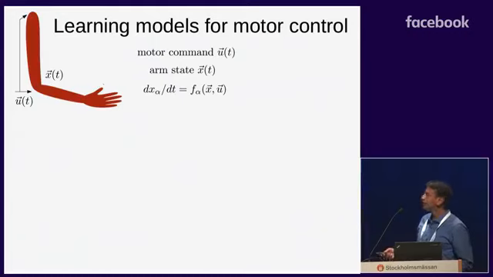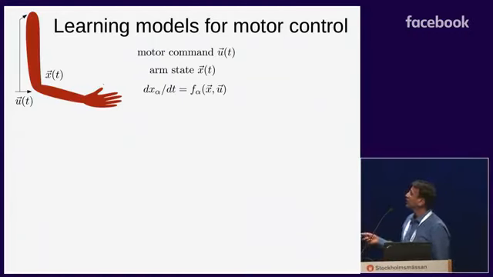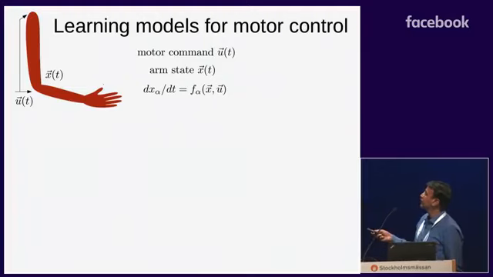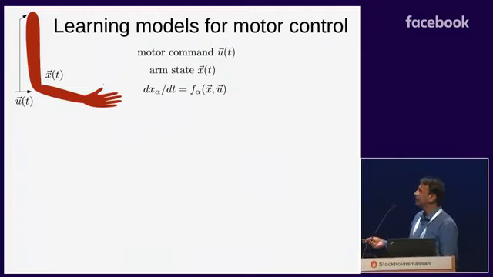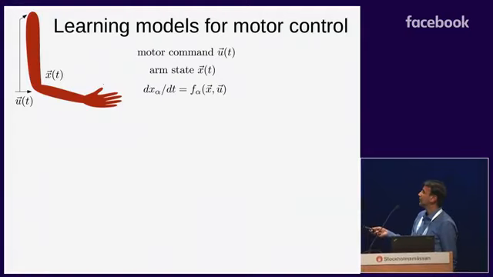So for concreteness, we look at an arm modeled as a two-link pendulum. The brain would send motor commands, neural activations of muscles, which we will just represent as torques, two torques to the two joints of the two-link pendulum. And at the same time, the brain receives feedback, both visual and proprioceptive, to compute the arm state. And of course, the arm has some nonlinear dynamics. The state evolves, dx by dt, as some function of the current state and the input.